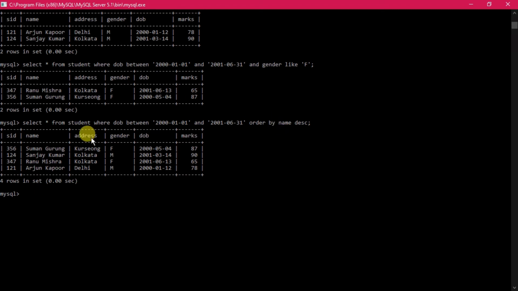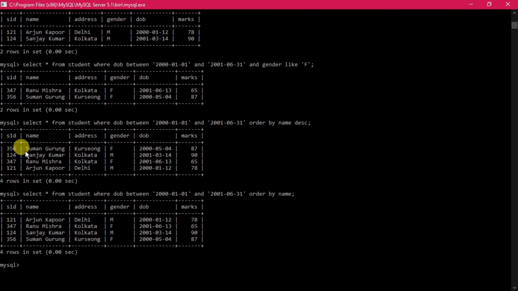So the thing is that there can be plenty of queries, you can make them, you can use them also, you can see out here how these things have been displayed. So the format is the same thing: select the name of the fields, star means everything, from student where date of birth. The where clause has to be used and the from clause has to be used in order to bring the table into action, and after where is the criteria, order by name, and you can see out here, and gender like F I have used. And order by name DESC also I have used. The similar thing will happen if you want to do order by name. If you give only that, then it will be sorted in ascending order.